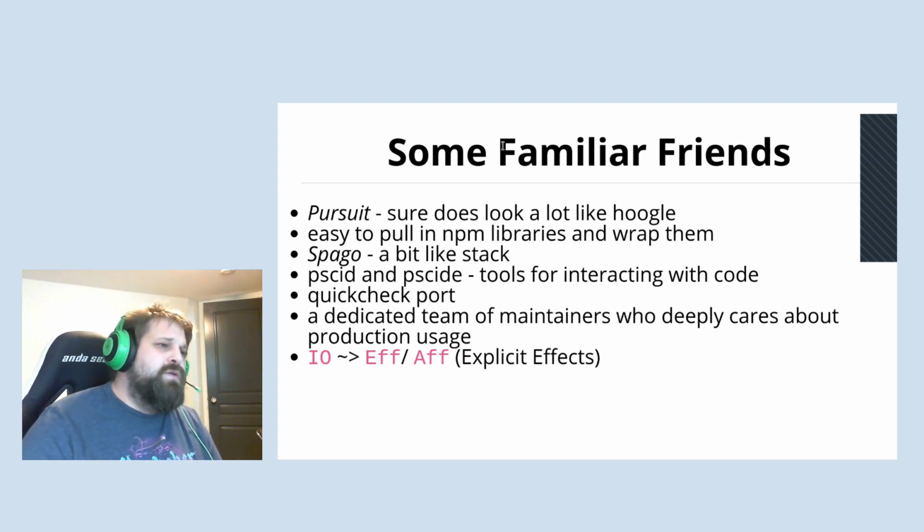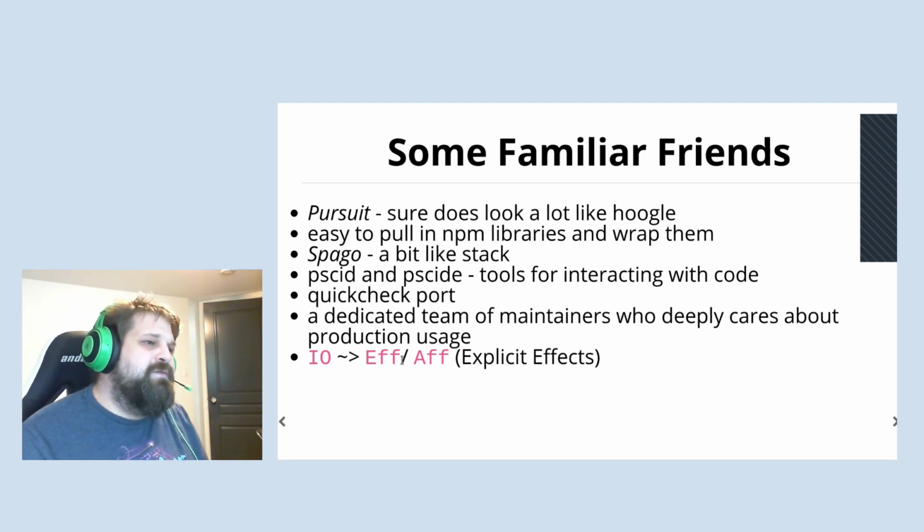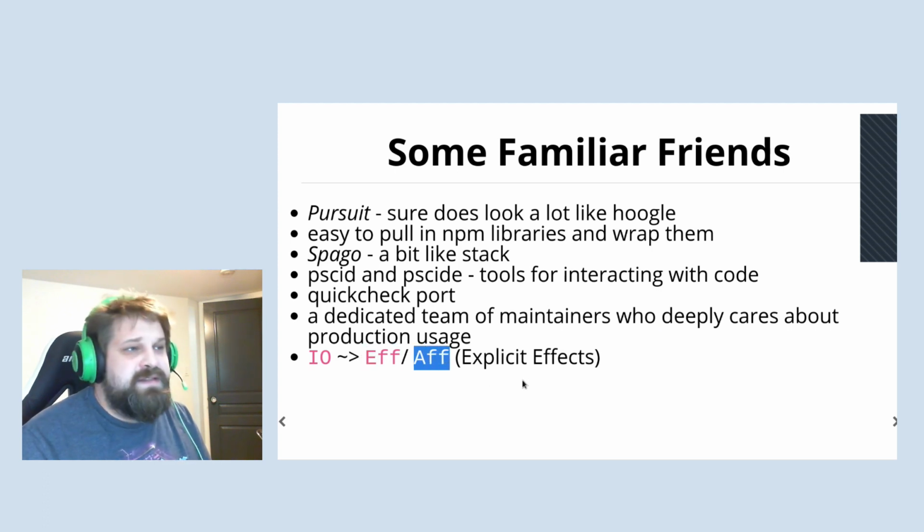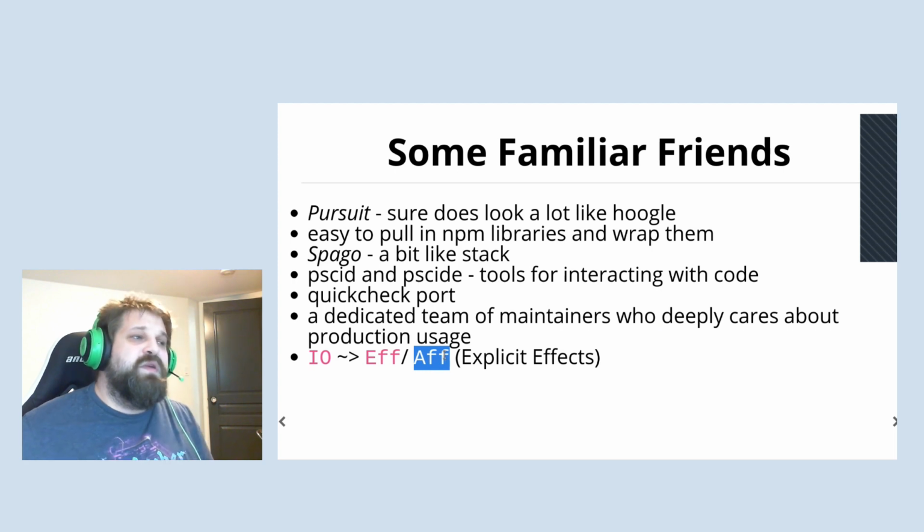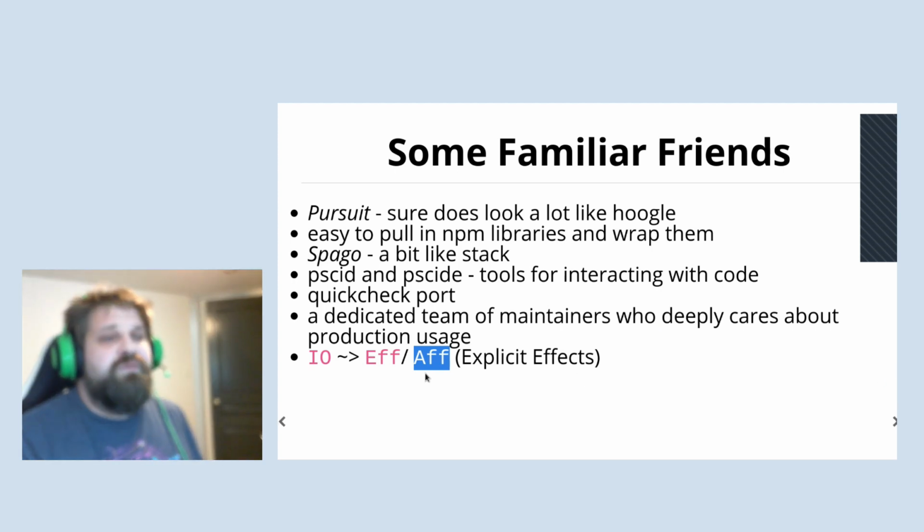And instead of IO, you get the Effect and Aff monads. So these are synchronous and asynchronous effects, respectively. In one, for asynchronicity, you would use continuation passing, callbacks. And in the other, you'll have something more like IO in Haskell. Yeah. And it's easy to go from one to the other.